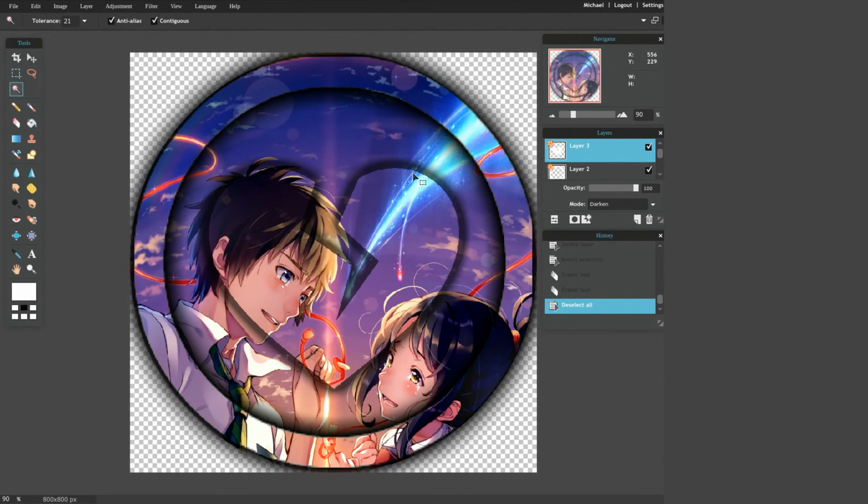But yeah, if that doesn't look good, here's another tip. What you want to do is duplicate this layer. Actually, no, you don't need to duplicate it. What you need to do is click on your little logo layer. Make sure you get that shape with your magic wand tool. Make sure you get that logo shape. Come down to your original image layer. Once you're over there, click on invert selection with your magic wand tool,